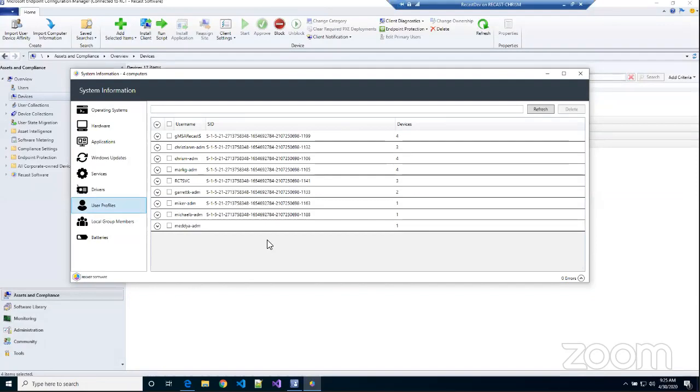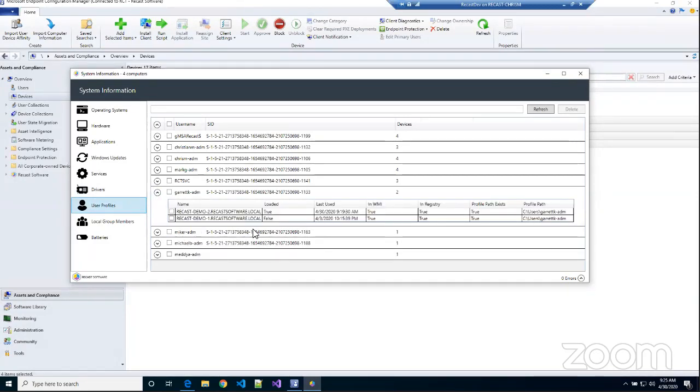User profiles is another area where I think this new version of the tool adds a lot of value. At a glance, I can see all of the user profiles across all these different devices. And if I drill in, I can see things like when was the last time they logged into this profile, and is the profile currently loaded, like right now? We check a couple of different areas, right? We check WMI, the registry, and the users folder on the remote device to see